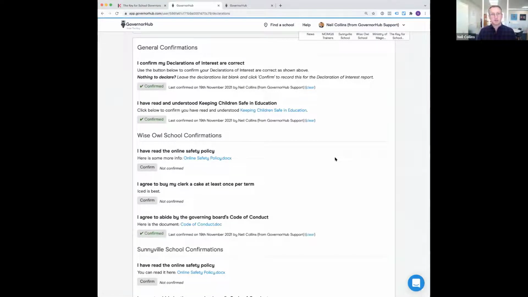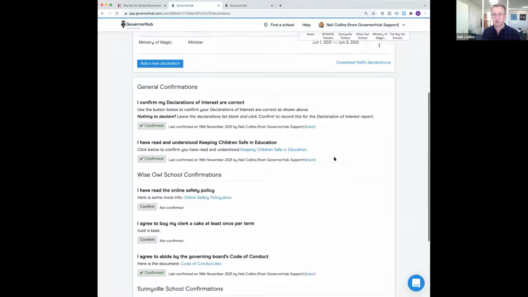So that quite laborious process of getting documents signed, having bits of paper signed, collecting them together, keeping them in a folder, can be done really simply on GovernHub. And that's another difference between generic business systems like Office 365 and GovernHub. We're built for purpose, and we include things like that, which really do save you a lot of time.